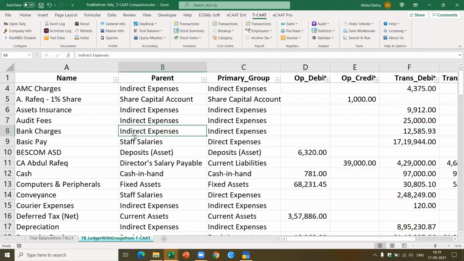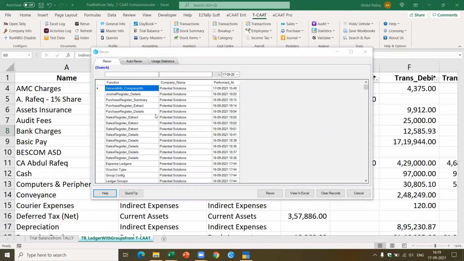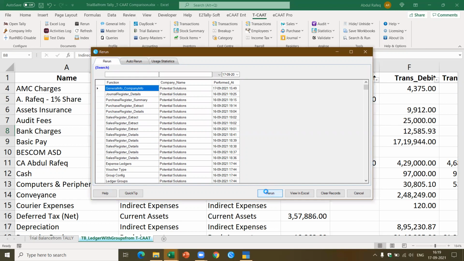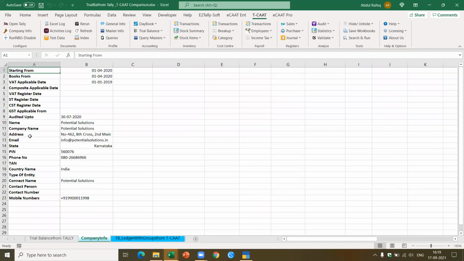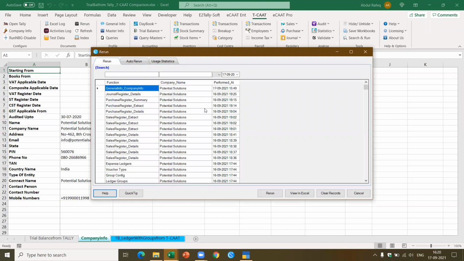Now it's coming to this one, trial balance. Like I told you, we got the rerun. When I click on the rerun, it'll give me a list of all the functions which are performed. Okay, I can see the complete list of the functions performed. I can click on a function and rerun this function. For example, let's say I performed this function at 3:49, called just for testing, to check general company info. When I just click on this rerun, this will once again perform the function and give me the result here. Okay, so all the functions which are performed, let's say your staff have performed the function, you'd like to see this function once again, you can use the rerun function for this purpose. Not only that, it also maintains a documentation of all the work you've done.